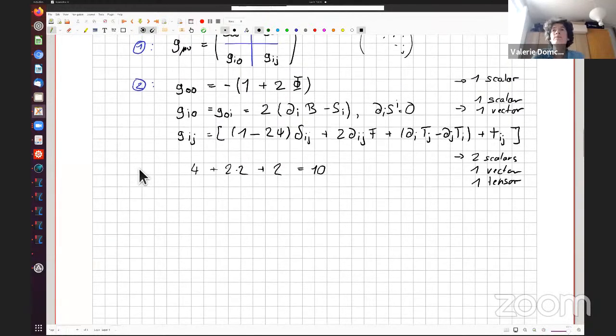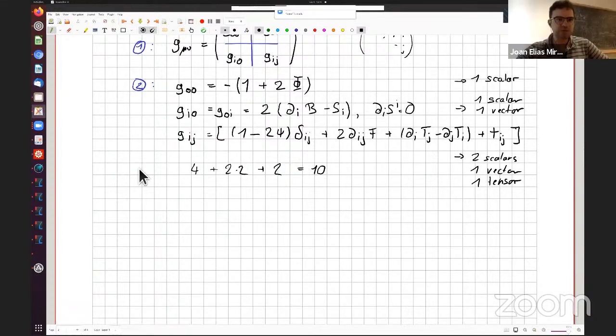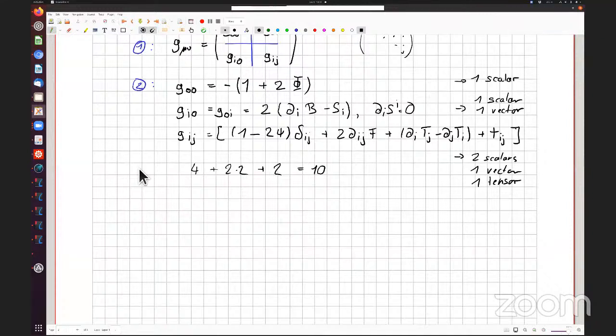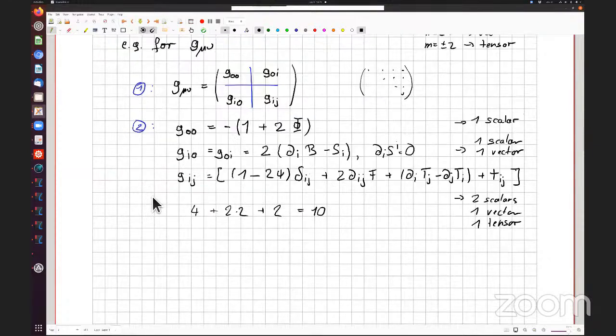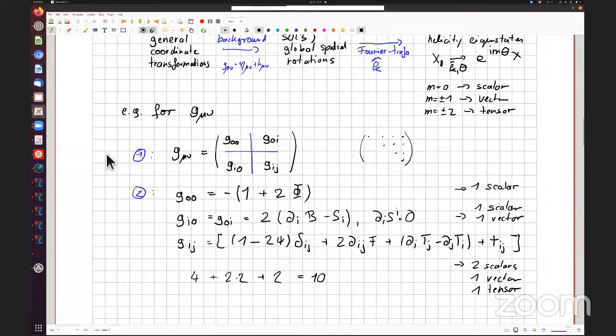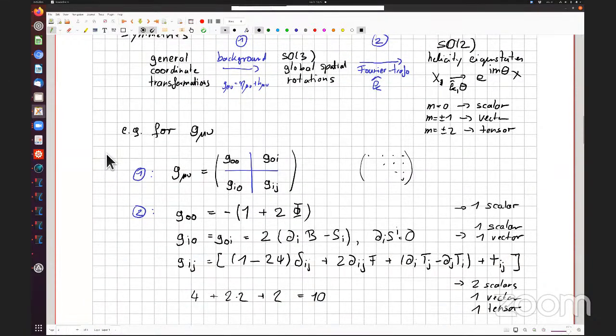Any questions so far? Yep, there's a question by Mehmet. Please go ahead. Hello. So when you classified the types of representations that we just counted, you used the SO(2) group. And probably it will be tied to the fact that we have a massless particle, but you never told it explicitly, right?